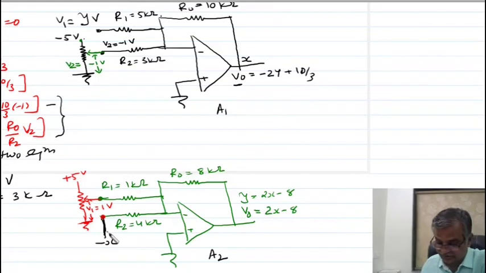Look here, the same thing I am doing, what I told you. Listen last time. This output of A2 is connected to the input of A1. Output of A1 is connected to the inverter to get minus x, and that minus x is given here. So look here. See, this is your circuit diagram.